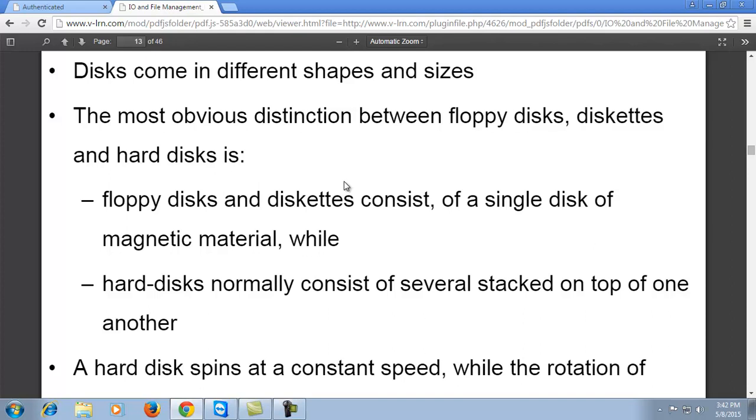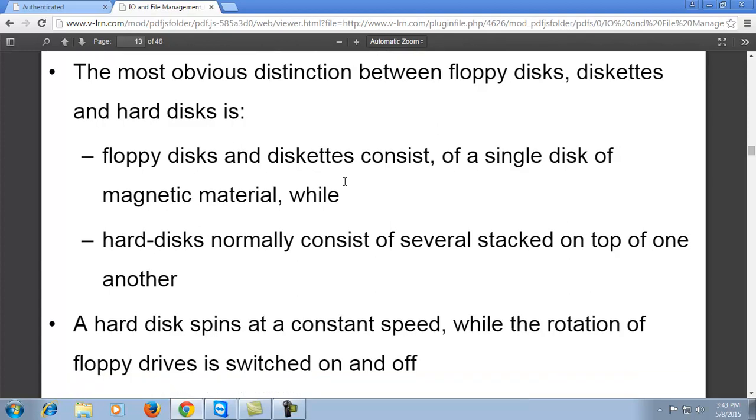Hard disk normally consists of several platters stacked on top of one another. On them, we can store multiple data and multiple files for retrieving the content as per the requirement for executing the task. A hard disk spins at a constant speed while the rotation of a floppy drive is switched on and off.